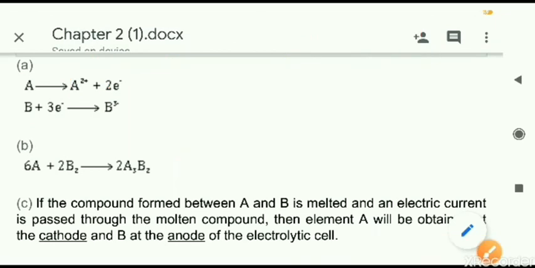That is all for these question answers. In the upcoming video, we will be discussing the next type of bond, the coordinate bond. It is actually a special kind of covalent bond. We will see the details in the upcoming class, and then we will see the remaining exercises. This upcoming one will be the last video of chapter number 2.